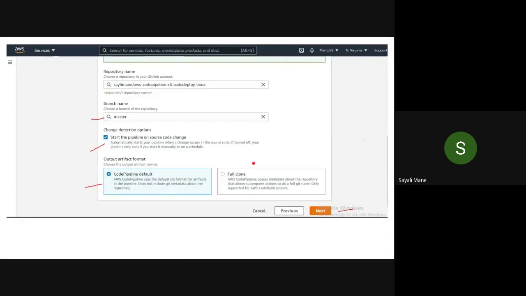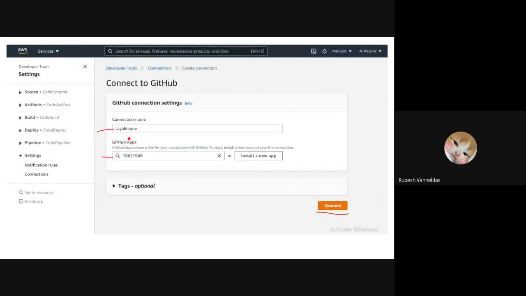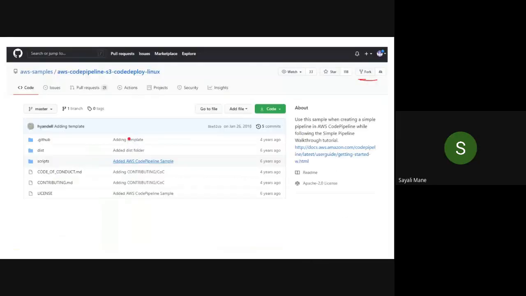Done? Ma'am, I cannot see that AWS CodePipeline in my repositories. Can you refresh this page? This one. Refresh this page or open it once again and then click on the fork button, because it should come.